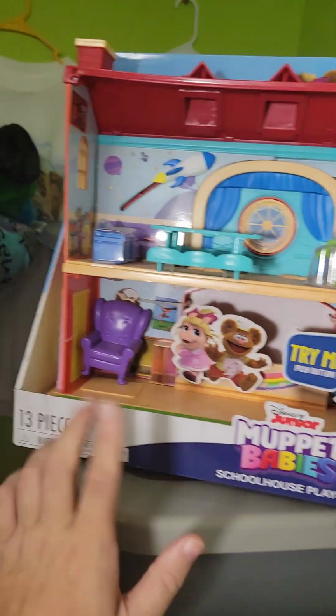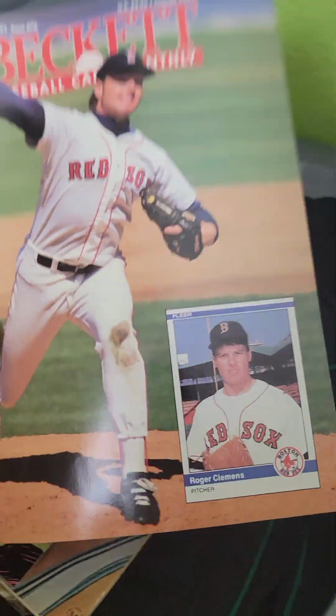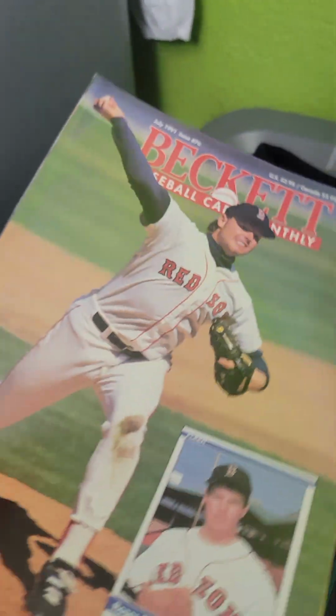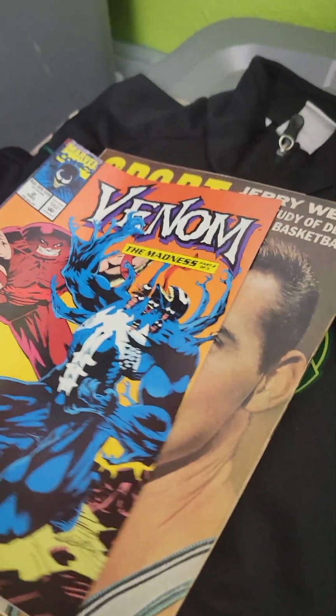Let's get into everything. So this is Muppet Babies. This sold immediately for $70 on Etsy. I got it for $8 at a yard sale. This one has been sitting for a little while, sold for $10. This person wanted immediate positive feedback because they paid immediately, but I have it set up to where you have to pay immediately, so I don't know if that's really a reason to give positive feedback or not, but